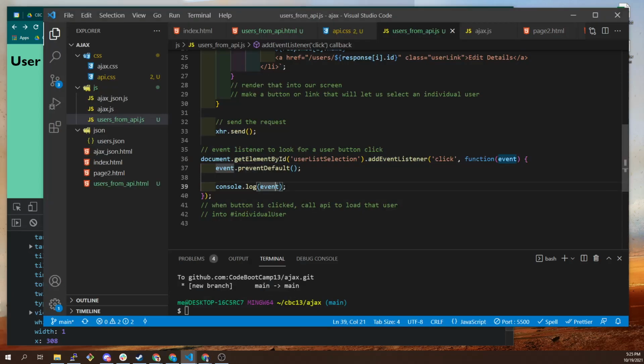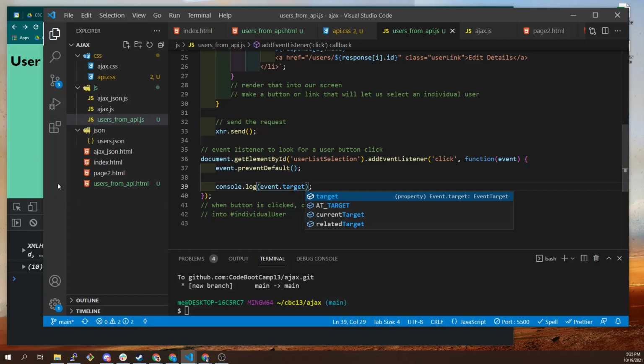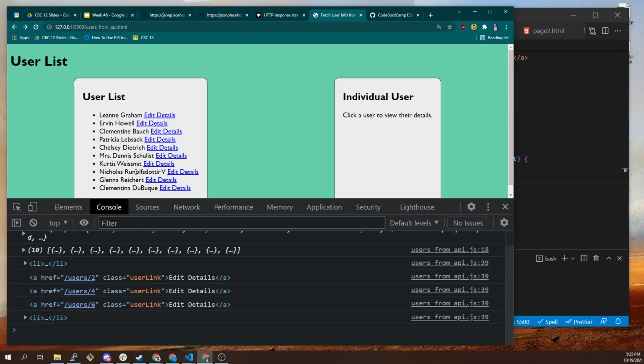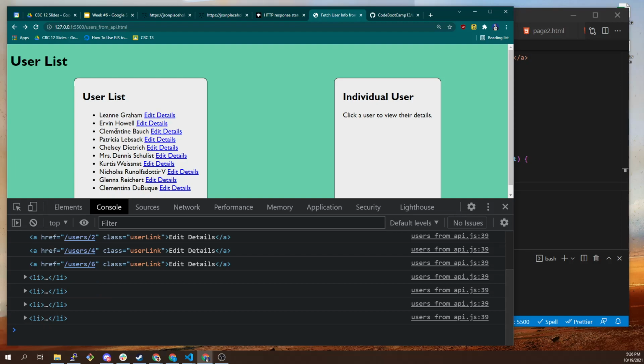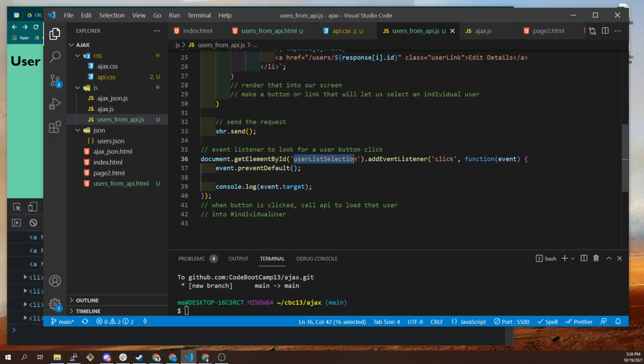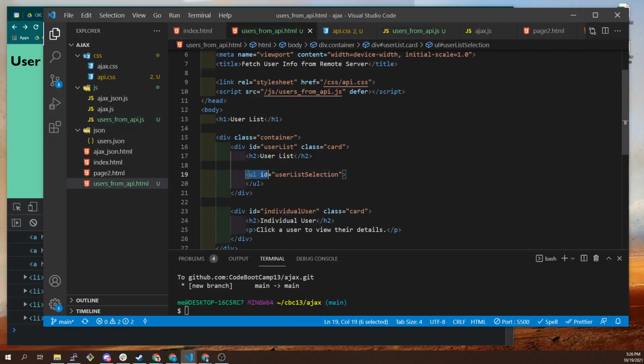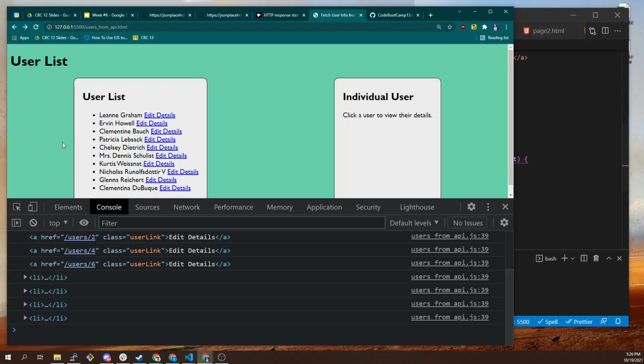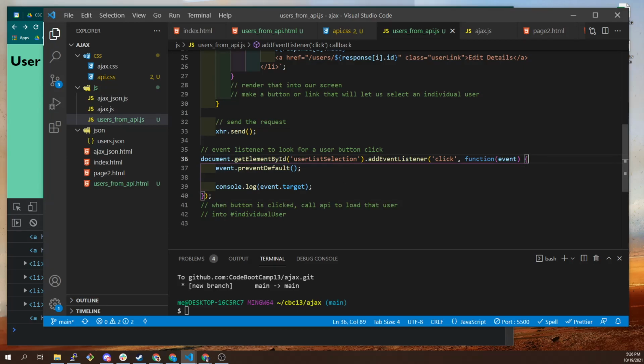So right, if I said event.target here, and I click on some things, right? This is going to say li. This is going to say anchor tag. Right, so inside this event handler that we put on the unordered list, this is the unordered list here. We have a click handler on this entire thing. So anything that's inside of it is going to be handled by this click handler. We said stop the default action so that our links don't just automatically go to some place. Stop the default action, and then